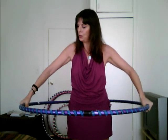This is the first hoop I bought and I still love it. It's bigger and a little heavier, so it's a good size for beginner hoopers. There's plenty of room for you to start moving in the hoop. You can hold the hoop still and then just move your shoulders. Even if you can only do a tiny bit, just start,